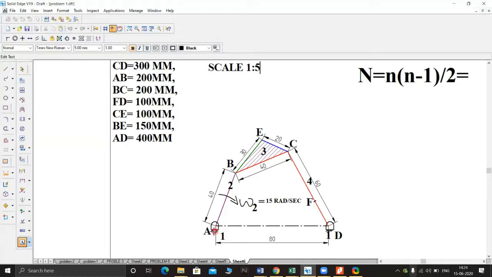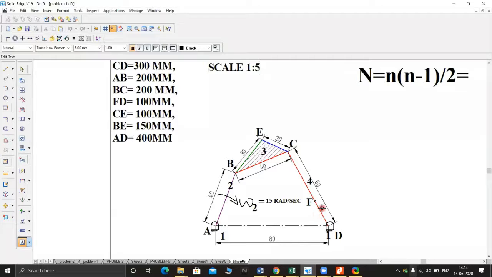First, wherever the fixed link is there, we consider that as one link. Link number 1, here it is fixed, here it is fixed. Then this is link number 2, and link number 3, that means BEC, it is totally shown as hatching. Therefore we consider it as one link, that is link number 3. And CD is considered as link number 4.